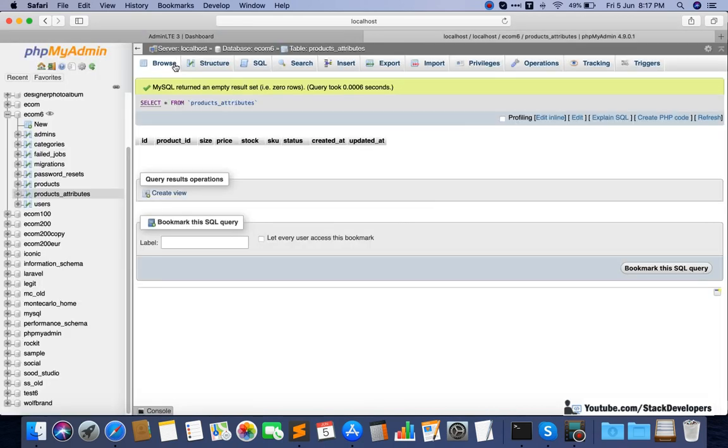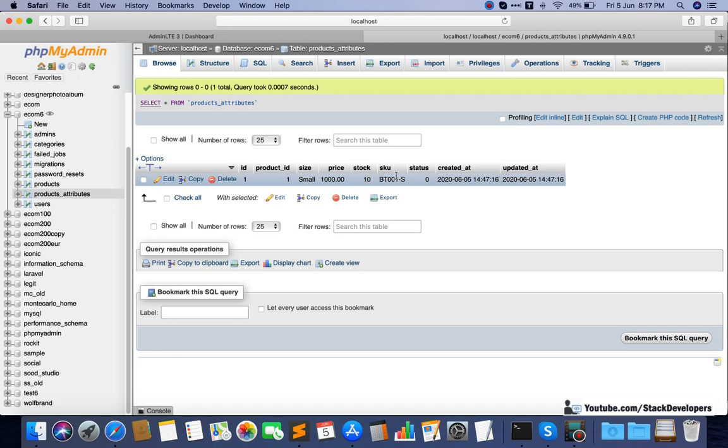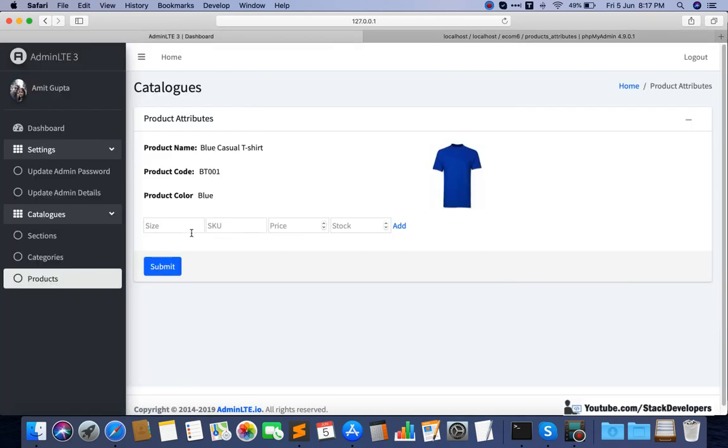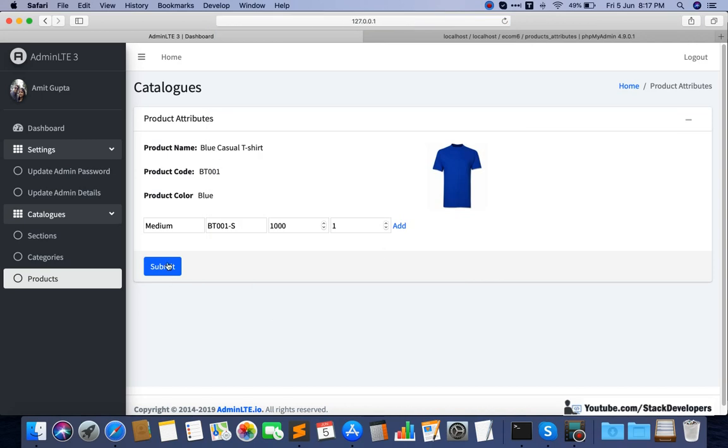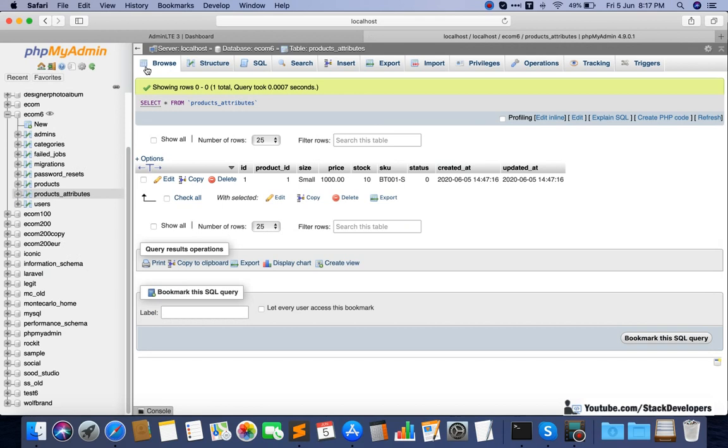Now I'm going to add the same SKU once again, and here we can pick the medium size. You can see the same SKU is repeating. Submit, and the issue has not come up.